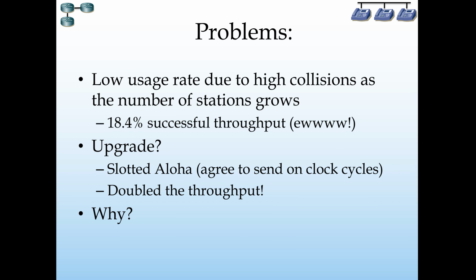And that way, if somebody else has started at the same time you want to start, what will you do? Then you won't walk over them. But that doesn't really do anything because it's still random. But if we make everyone start on the same 100 millisecond clock signals, then people will only start at 0.1, 0.2, 0.3, 0.4, and it actually doubles the throughput. It reduces the likelihood of a random collision.